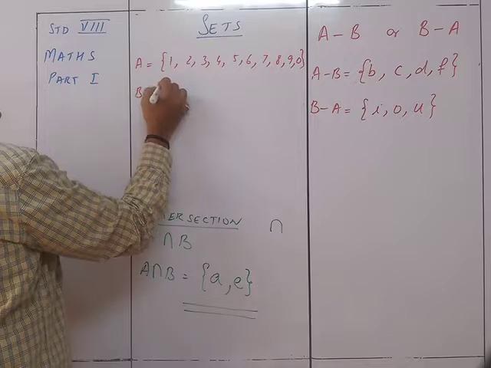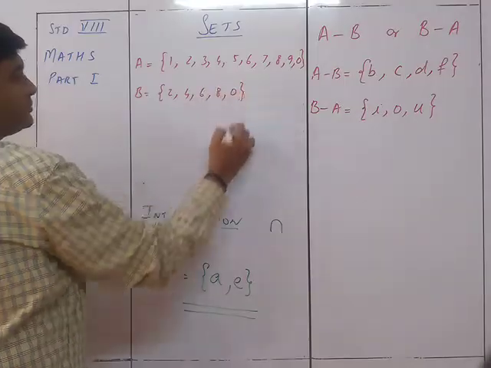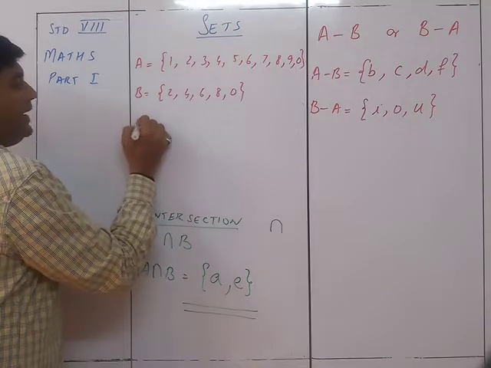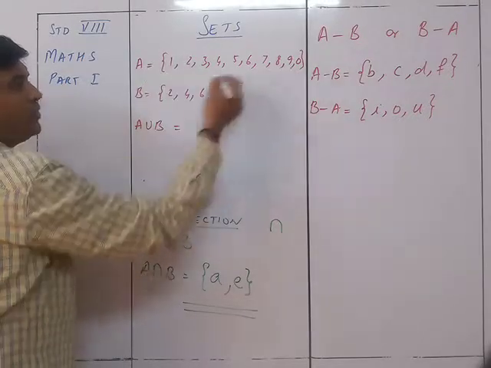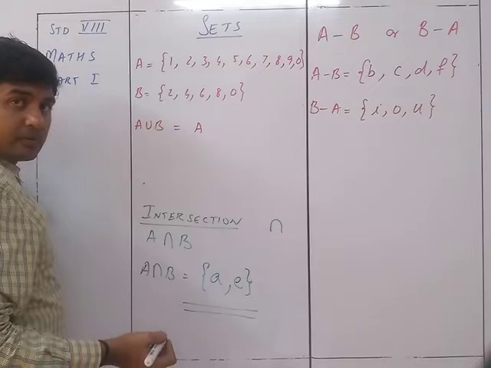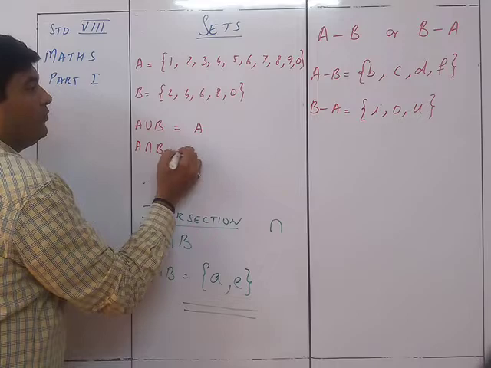And B is 2, 4, 6, 8, 0. In such a condition, A union B will be all the values over here. So it will be A itself. A intersection B will be equal to B